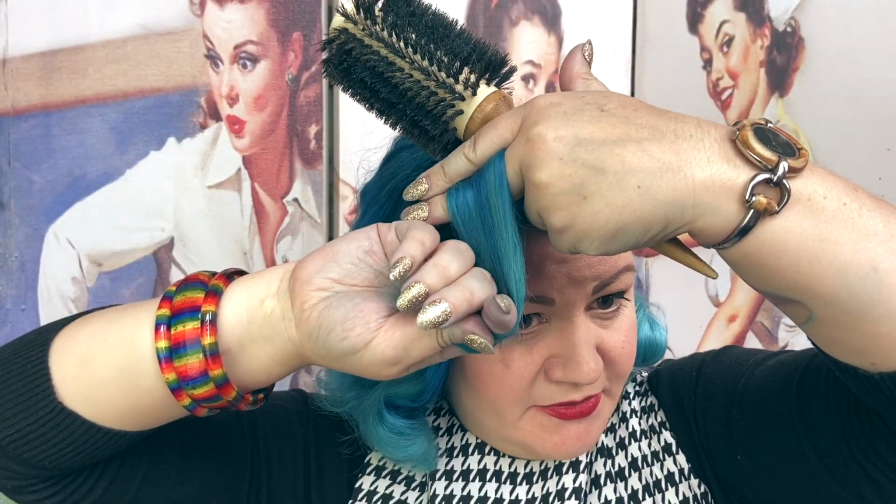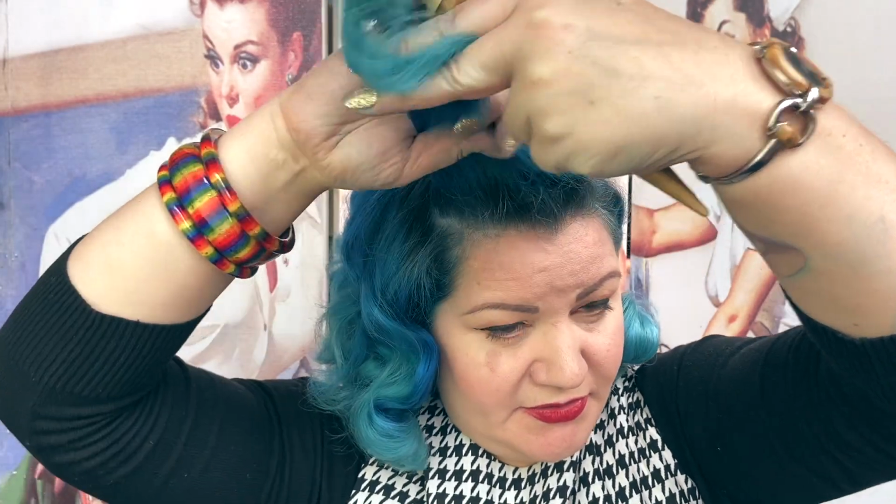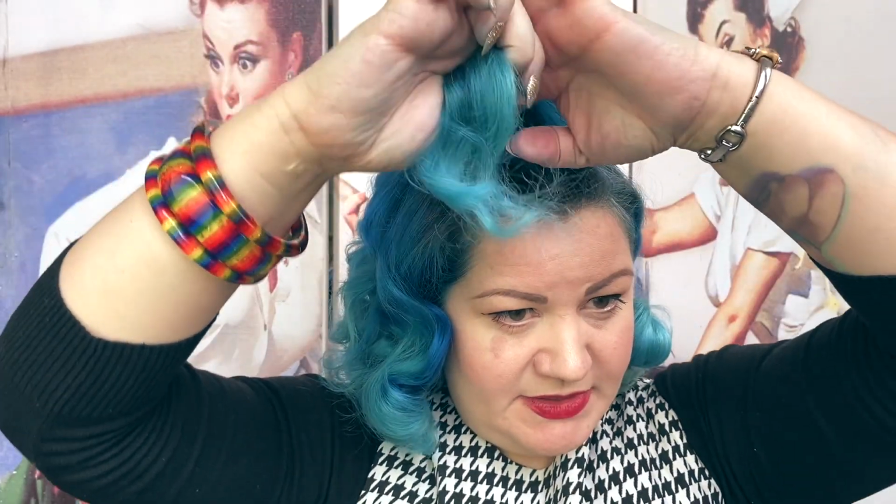And then what I want to do with this section is start to twist it in the opposite direction so that when I lay it down, I get that lovely little flick going back, and it kind of gets a nice definition in my hair. So I need to just play around with that a bit